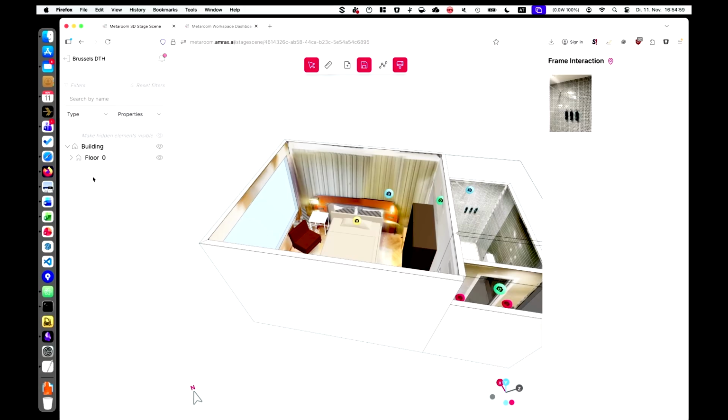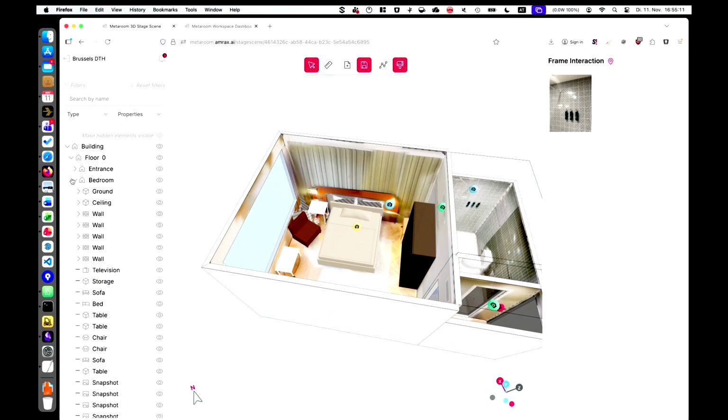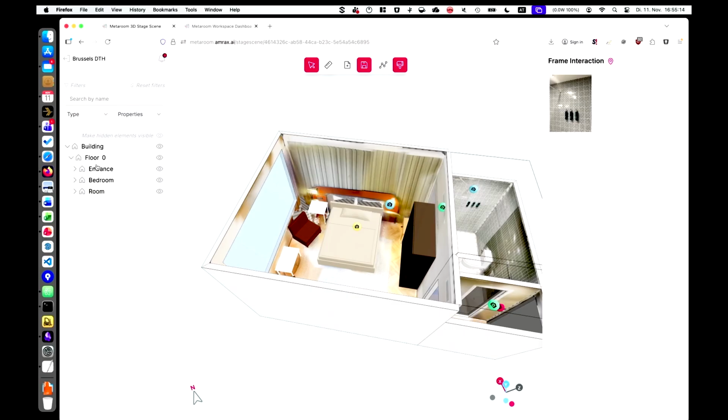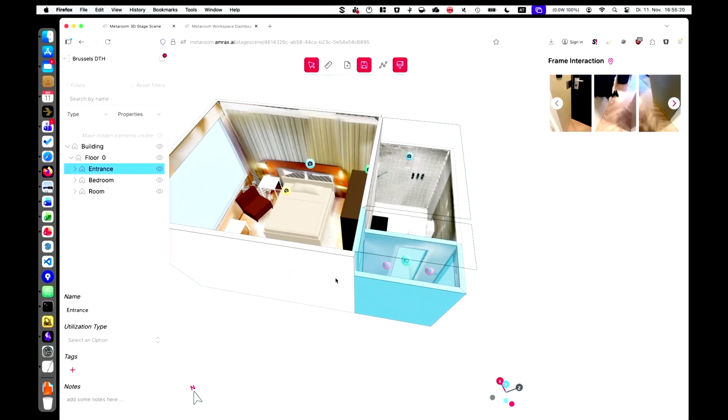Exactly. This is a hotel room in Brussels, if you'd like to know exactly. On the left side, what we see here is the hierarchy of the building. It is a building. It has floor 0 because it's only one floor. If we open that, we see that the app already recognized the rooms. If I click a room here, I am able to see where the room is located in the object, and I'm able to rename it, which we already did upfront. It makes sense to rename every room